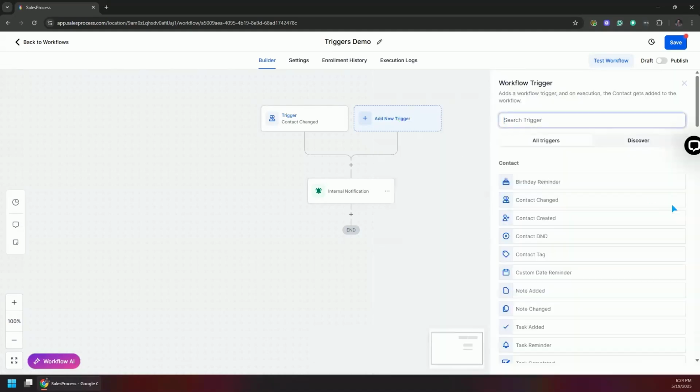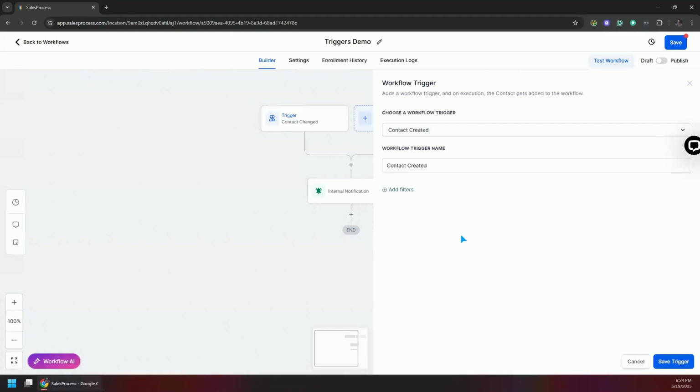This is the second trigger. The third one is contact created. Here is a very interesting scenario that just happened with me today. I have a client whose Facebook account was integrated to the system, and Facebook forms were mapped in there, but it was not triggering the workflow, and there was no option for me to disconnect Facebook and do all the forms